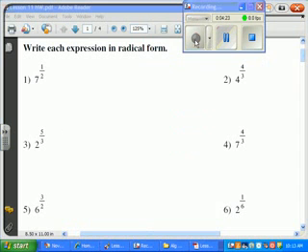All right, so we had a general rule, right? We said if we had a to the n over m, we could rewrite it as what? The nth root of a to the n, yes. Okay, so that's our general rule. What I want you guys to do is take these, and I want you to put them into radical form. Okay, so I want you to do the first 6, and then I'm going to have you guys do them for me with